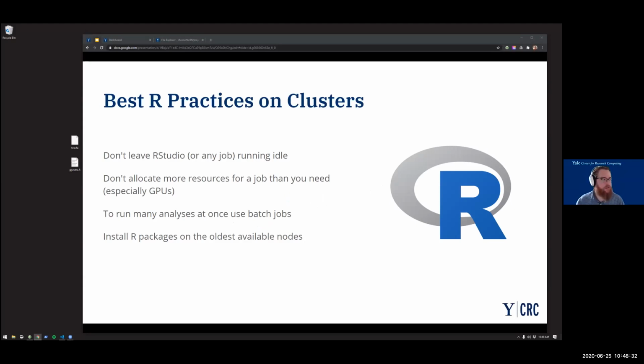Because RStudio is happy to sit staring at you and not do anything, what can happen is if you have an RStudio job launched and maybe you get distracted or you have to leave your computer, it can run for hours not doing anything. And we see that as a waste because those are resources that other folks could be using, and oftentimes there's a wait for those resources.